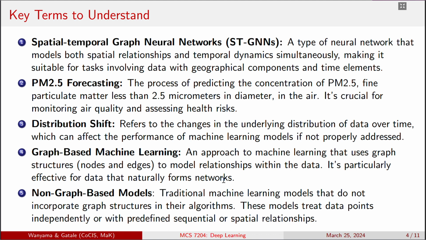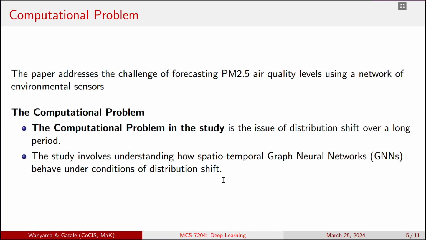So you can use graph-based approaches, deep learning approaches, or non-graph-based, like this study specifies. But the computational problem in this study is actually this distribution shift, the changes in the distribution of the data over time. For example, AirQo has been putting up many devices. They keep changing, and the distribution of data keeps changing over time because this data actually depends on time and location. So this one is a challenge, and it's the computational challenge in this study. I'll call upon my friend Elijah to do the rest.